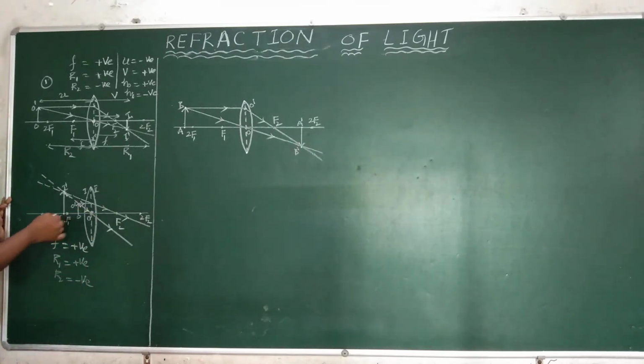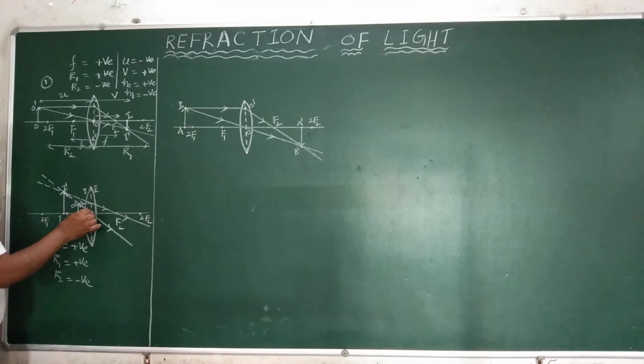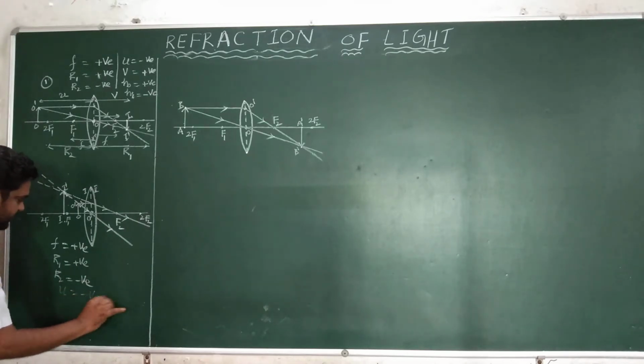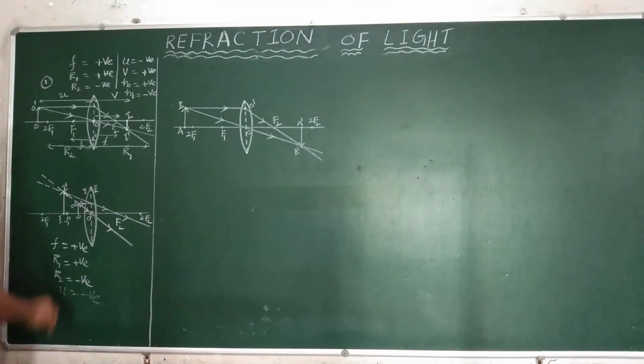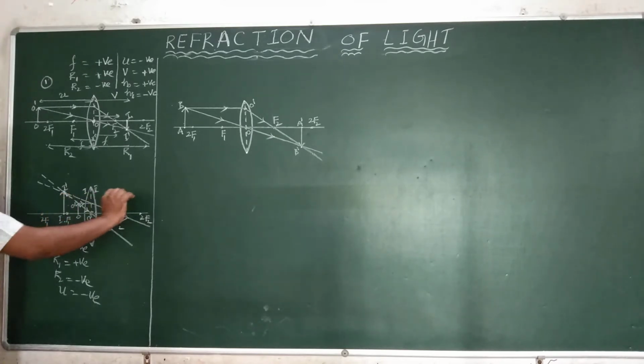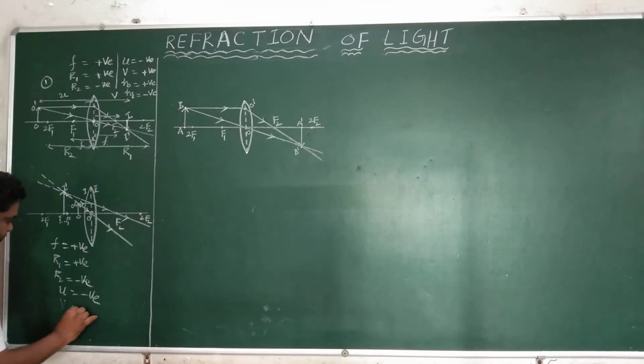From near the optic center to F1 is nothing but R2, which is negative. And object distance: the object is measured from optic center to object, from right to left, but the incident ray is from left to right. That's why object distance is also negative. Whatever image distance in this situation, the image is formed on the same side of the object. That's why we have measured the image distance from optic center to image, so from right to left, but the incident ray is from left to right. It is also negative, opposite direction of the incident ray.